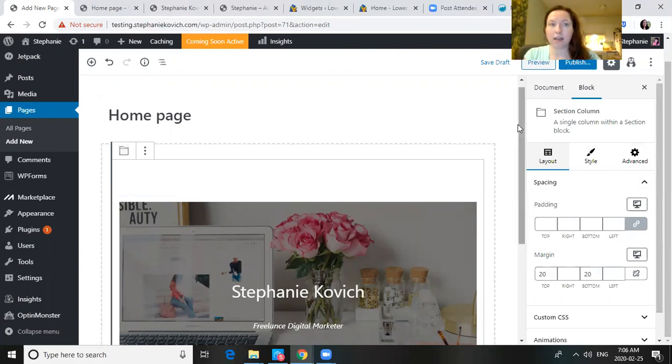All right, and another thing I want to mention is, as you're doing all these edits, save draft. Don't press publish until you're really ready. So just save a draft, you can come back to it. Use this preview button to see what it's going to look like, but don't actually publish it until you're ready. And you want to keep that in mind for everything you do on your website, posts and pages,